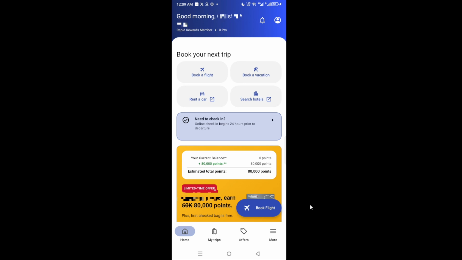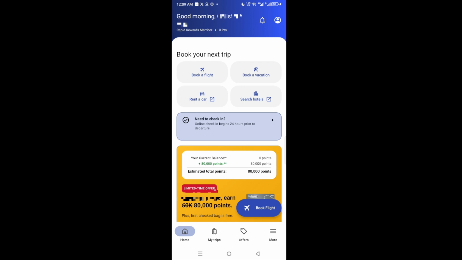After you're logged in, look to the top right corner of the screen and tap the profile icon. This will take you into your account profile where your personal account details are shown. If the app layout looks slightly different on your device, don't worry. The profile area is still typically found near the top of the screen and is usually represented by a person-shaped icon or profile image.